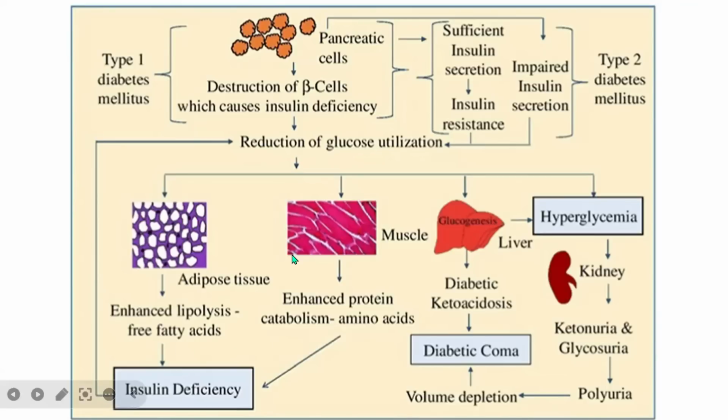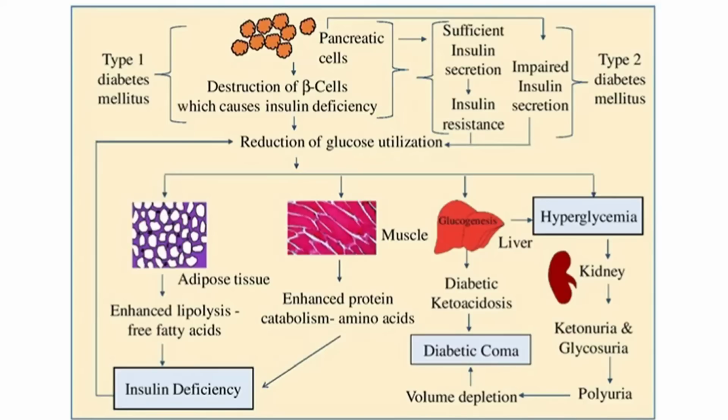And then the next thing after this is enhanced protein catabolism. So you see, since there is not enough glucose in the cells, the muscle can enhance protein catabolism, because protein can also provide energy in the body. So as a result of that, the body will now activate catabolism of protein. So a lot of amino acid will be degraded, it will be broken down, and of course, all this occurs as a result of insulin